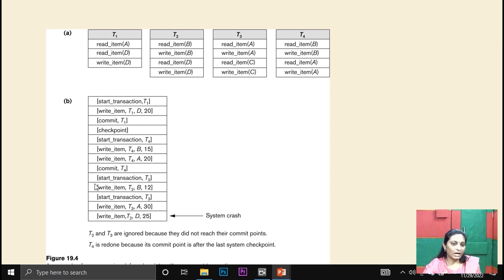Now transaction T2 starts. After transaction T2 starts, it writes the values of B and D. B has the value 12 and the transaction